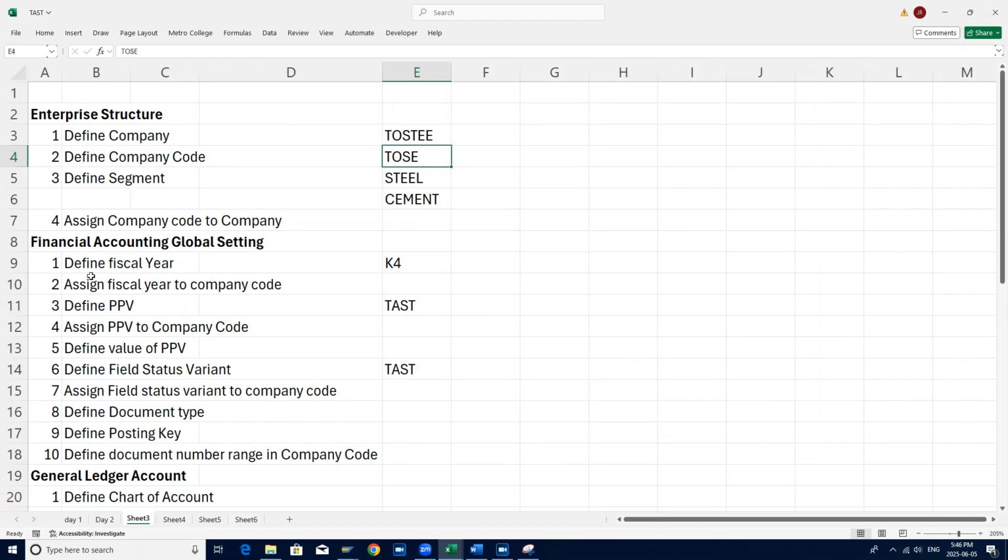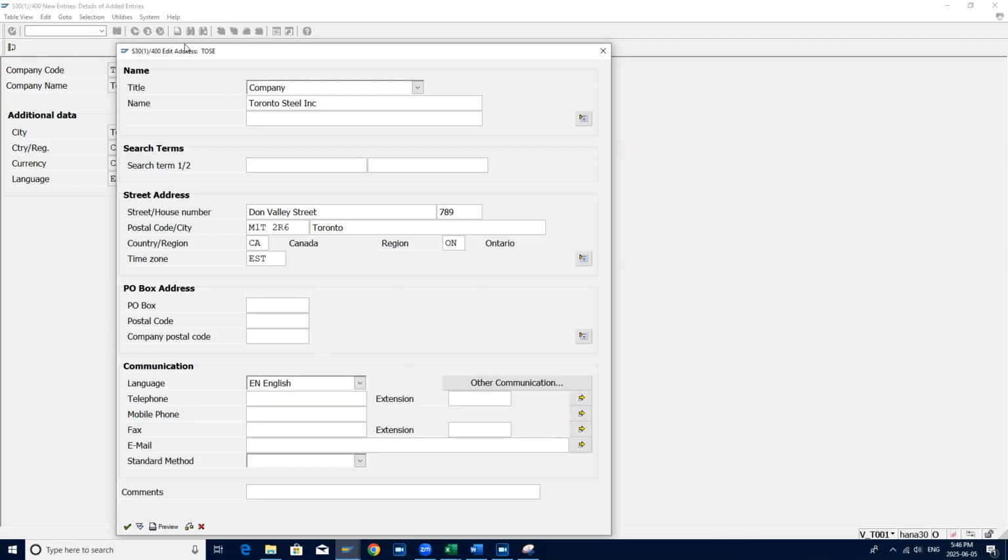Now I move to the third configuration, define segments. So let us say this steel division is working in different components. Let us say they are having steel as well as cement manufacturing also. So in that case, if the government or some other third party asks me to present the financial statement according to different segments, then we need to define them first. So in this scenario, we need to go to the SAP,